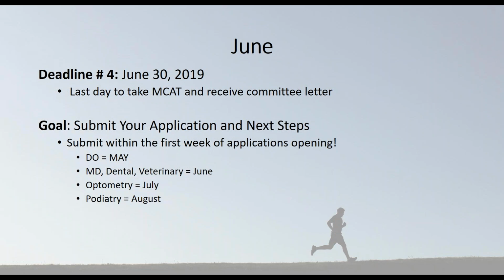For DO, applications open in May. So for DO schools, the day that the application opens is the first day you can submit it, but we advise that you do take your time to fill that out before submitting rather than rushing through the application. For MD